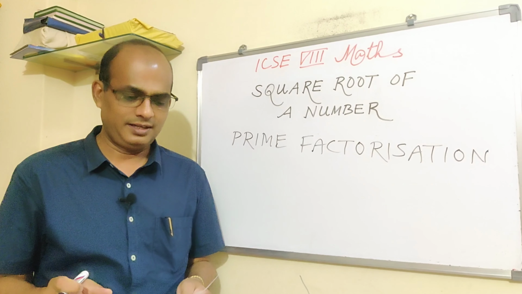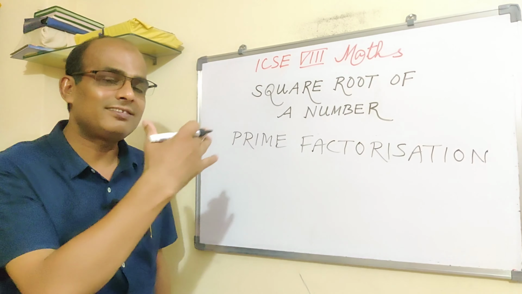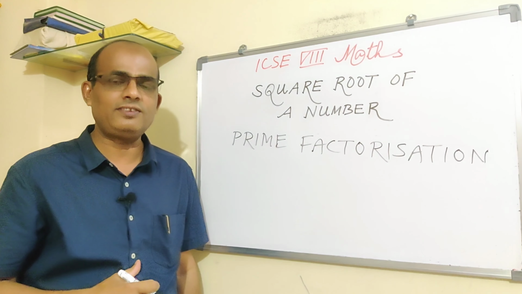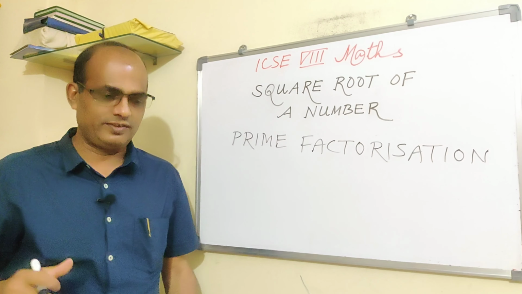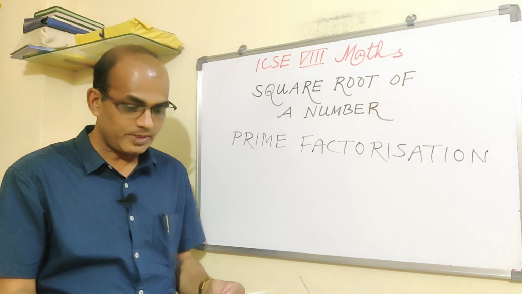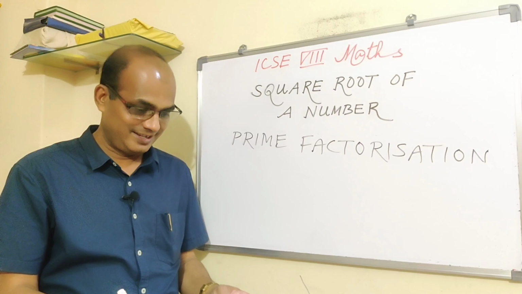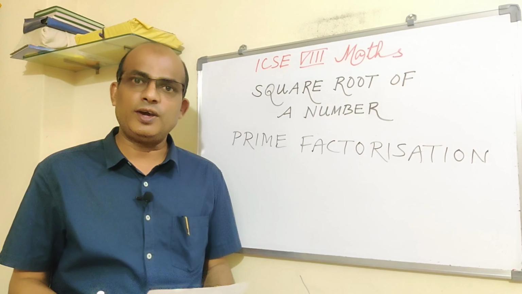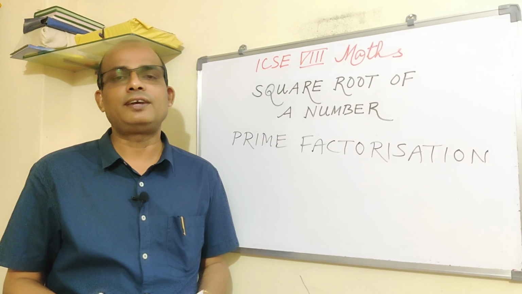Alright, so these are the 3 steps that we have to follow. Maybe when you read the steps it's difficult, but practically when we do the question, it's very easy. Alright, so let's do one question. First question we are taking. Suppose 900. We have to find out. So write down the question. Find the square root of 900 by the prime factorization method.